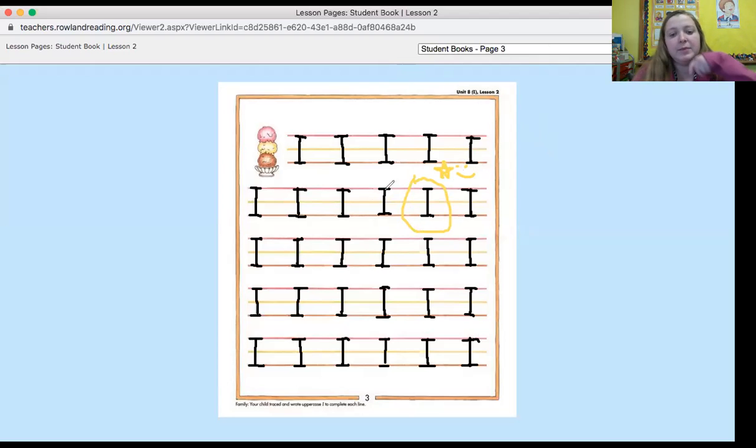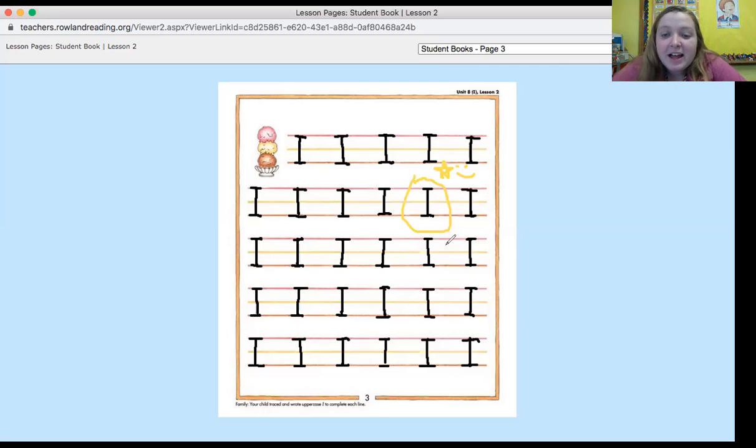So I think this is my best uppercase I. And remember, my friends, I'm writing on a laptop, so I'm doing the best I can. They look pretty good, and I want you to try your best. Did I try my best? That's all that matters, right? So you're going to find your best uppercase I, circle it with your favorite color crayon, and put a star or a smiley face next to it,